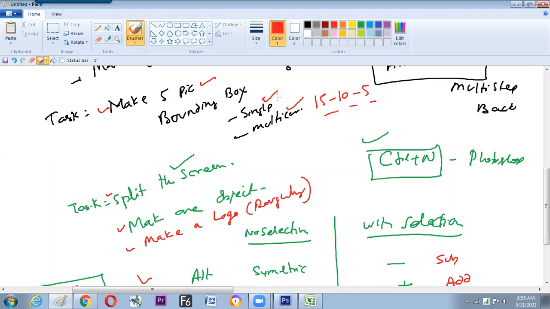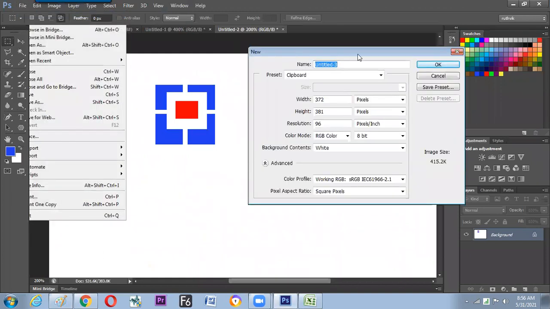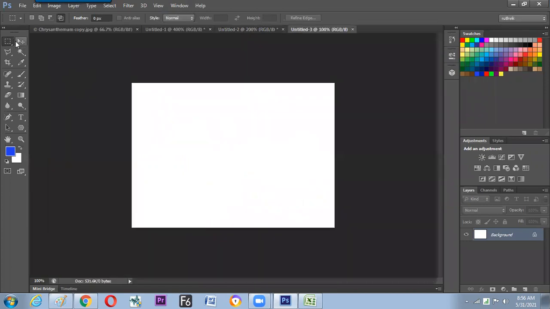Yes, sir. Any question? Sir, it splits the screen. Okay, how to split the screen? So minus. So take a new canvas just for practice, Photoshop size, and select like this and go for the Alt button, split.